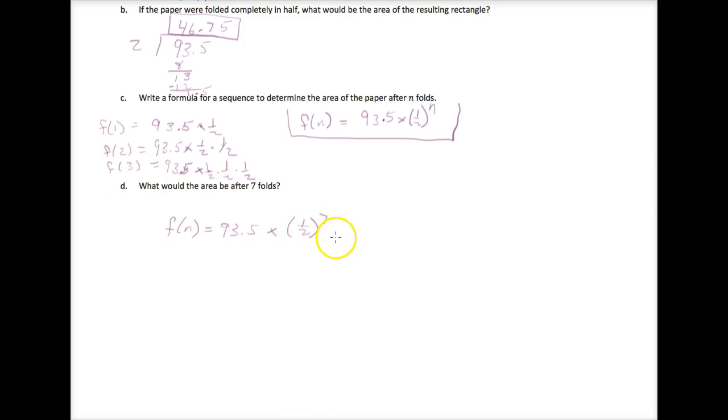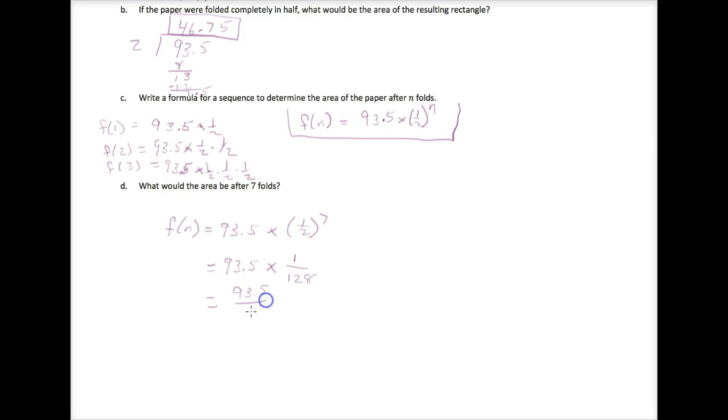That means it's 1/2 times 1/2 times 1/2 out 7 times. 1 to the 7th is 1, but 2 to the 7th is 128. So 1 over 128 is